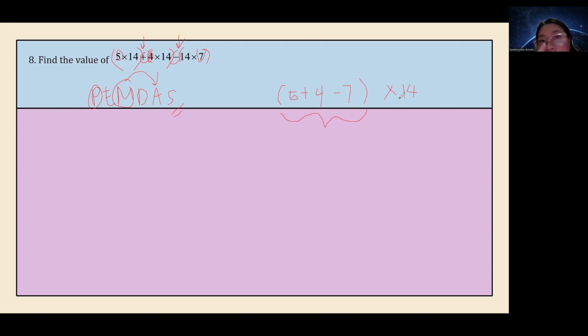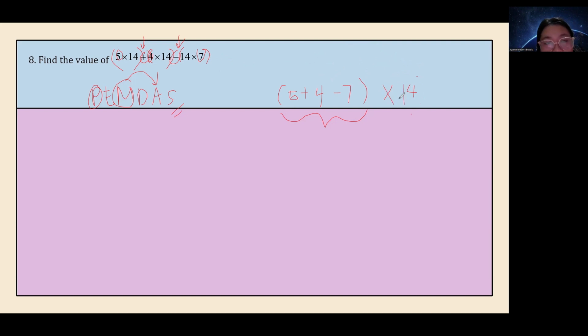And this is one property that you always have to remember. When we have many terms in a parenthesis and you multiply it by a certain number, 14 here, the number can be distributed back to these terms. So you can still get this expression. If you multiply back 14, you have 14 times 5 plus 14 times 4 and then minus 14 times 7. So you will go back to the same expression in the problem. Now, let's try to solve.